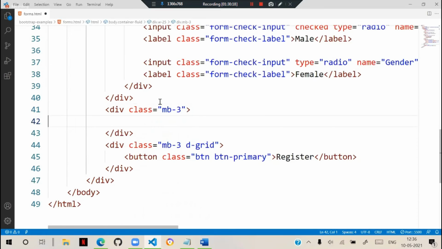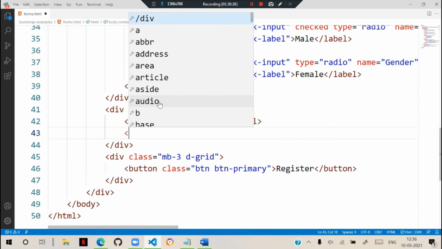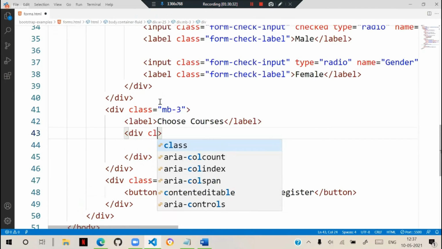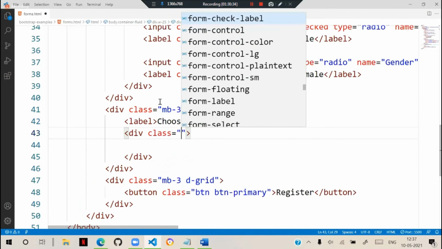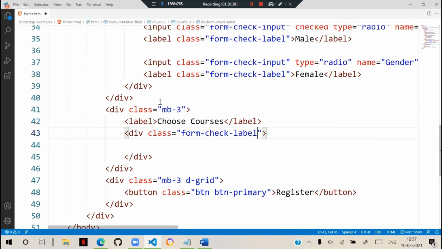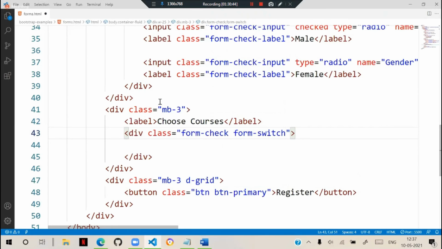And here I define a label and say choose courses. And here I'm adding a div, and this div uses the class form-check. And you have to add form-switch, actually form-check and form-switch.